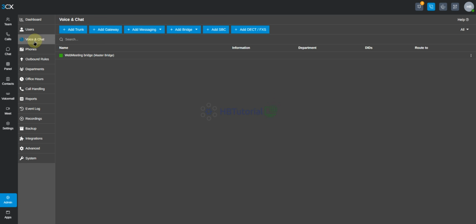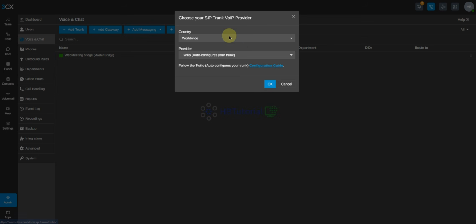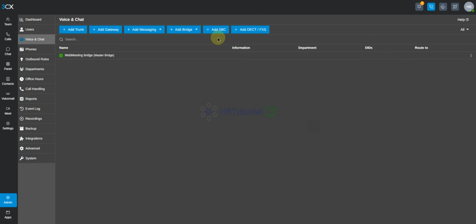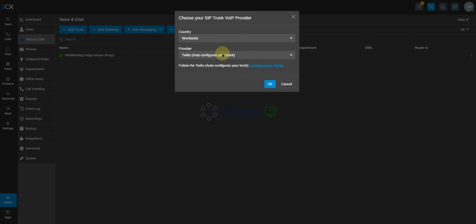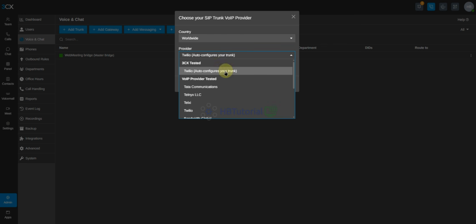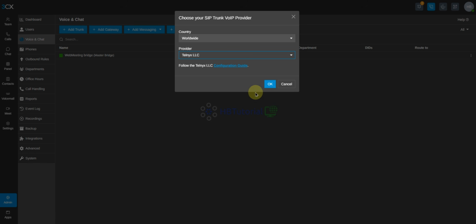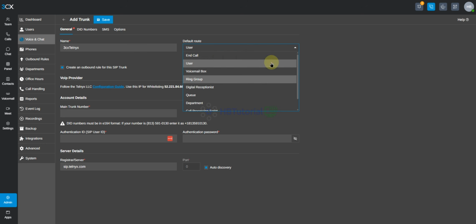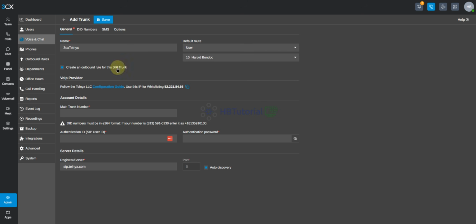Okay, so you need to go here and then you can add trunk. From here, you can add worldwide if you want. So we have here Telnyx LLC. Next. So from here, 3CX Telnyx. So the route was assigned to me directly.